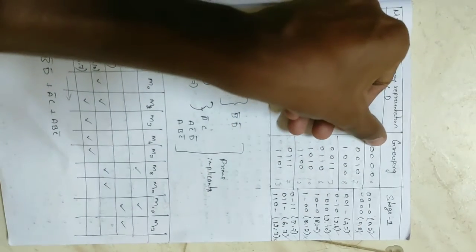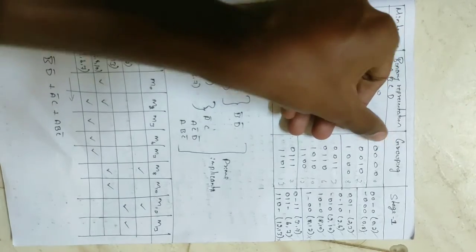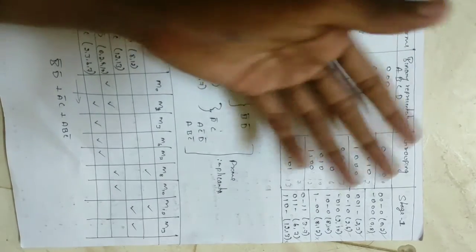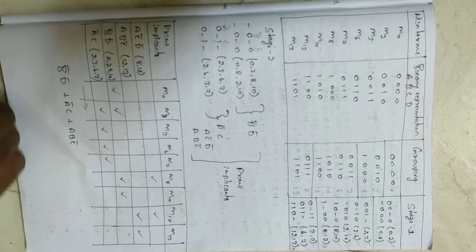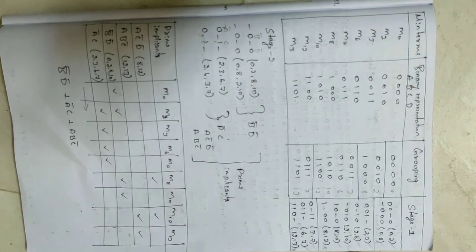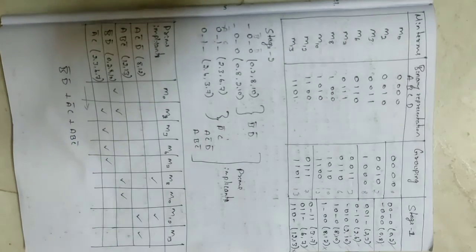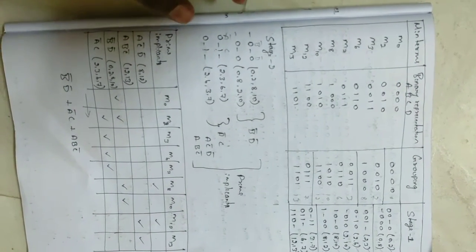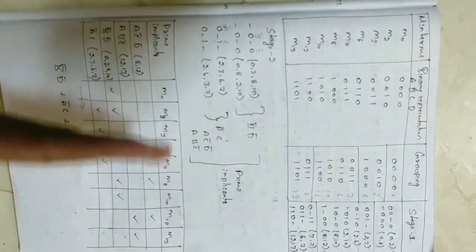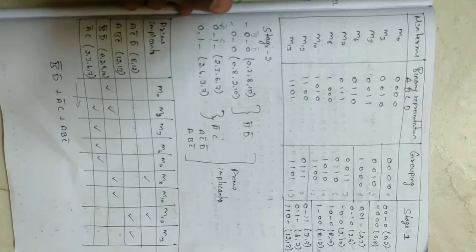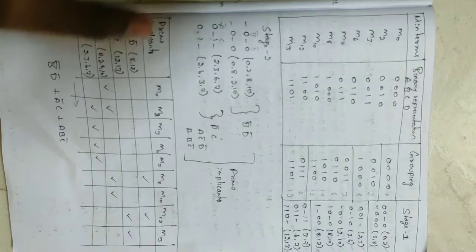Like that, we compare this one to this one, and after grouping, we compare this one with that one. We go on comparing each term for every group, and we get stage 2 like this. In stage 2 we check whether we get all the min terms or not. After stage 2 we cannot write stage 3 because there is no single binary digit difference, so we can stop here at stage 2.